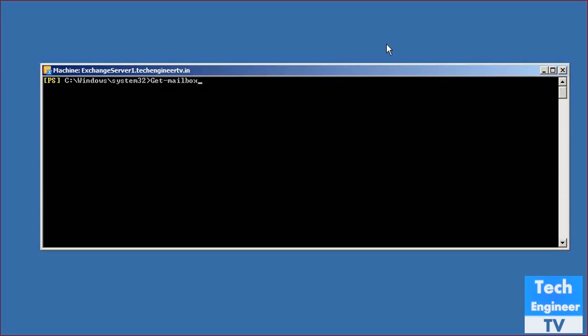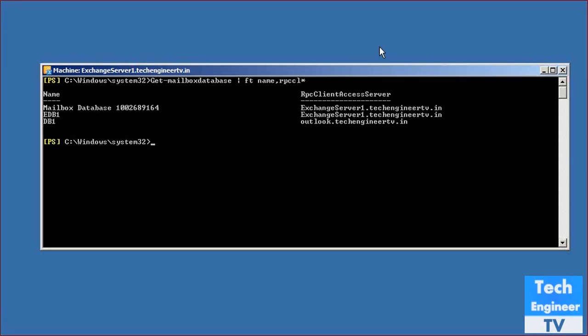When you run the same command, Get-MailboxDatabase, we're adding the pipe there. We're just going to change it with FT, space Name, comma RpcClient, and we're just adding the star. When you click on it, it will classify more when you talk about the mailbox database. The client access server we have is xnserver1.techengineertv.in, then EDB1, which is the backup database, and DB1 we just assigned to the client access server. So I hope you learned something from it about client